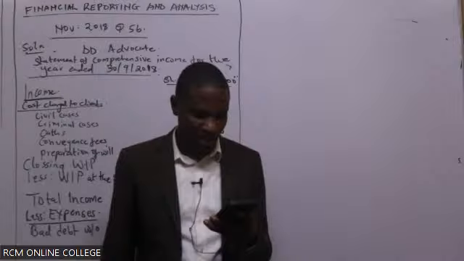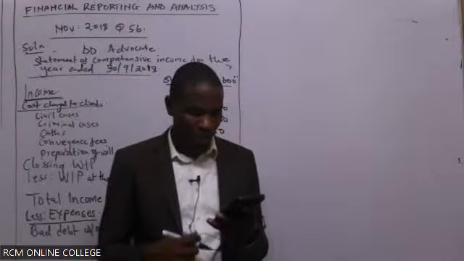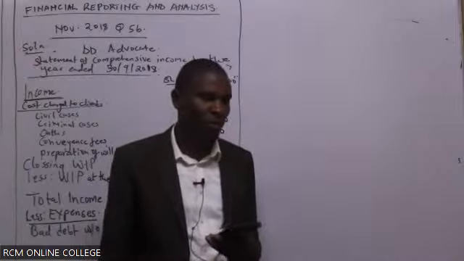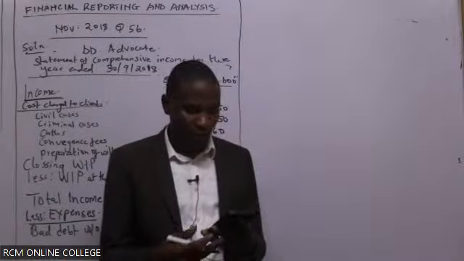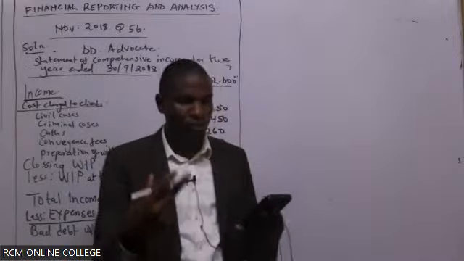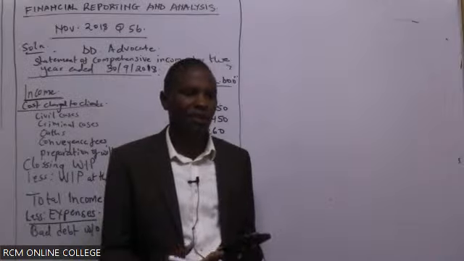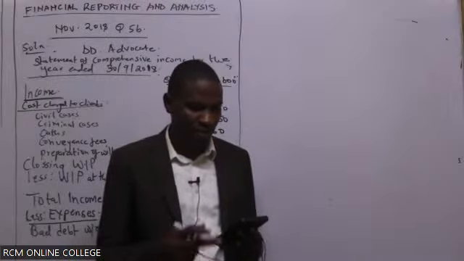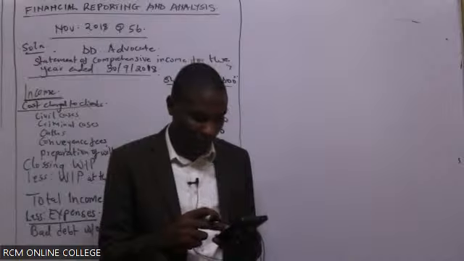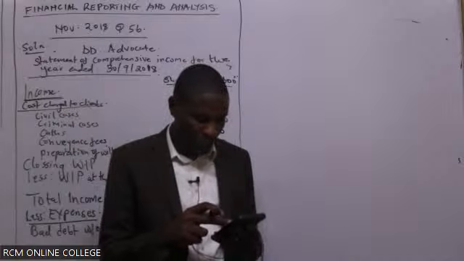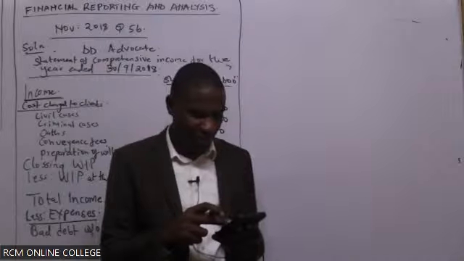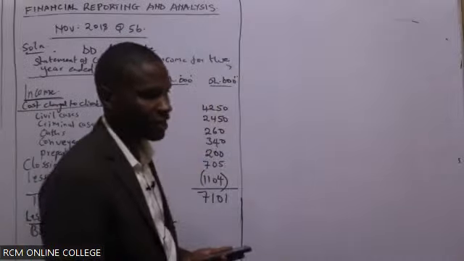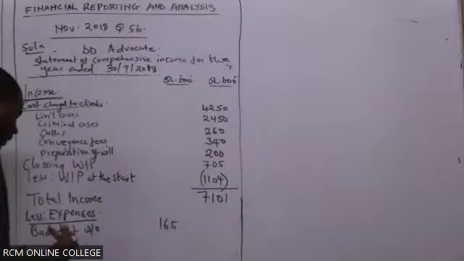Depreciation should be provided at the rate of 20% per annum on the book value of furniture, fittings, and library books. So do we proceed and compute the depreciation, or before then we put all other expenses? That one needs some workings, though it's just simple. But let's put all the other expenses. You can now give me those expenses that you can trace from the question.